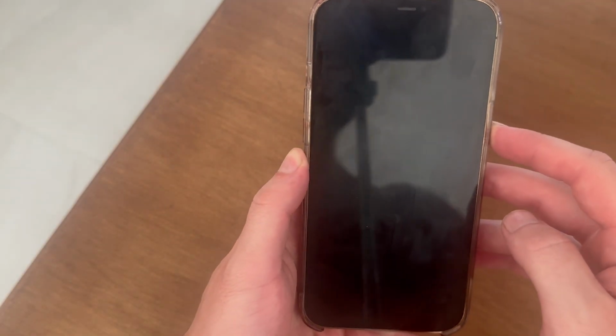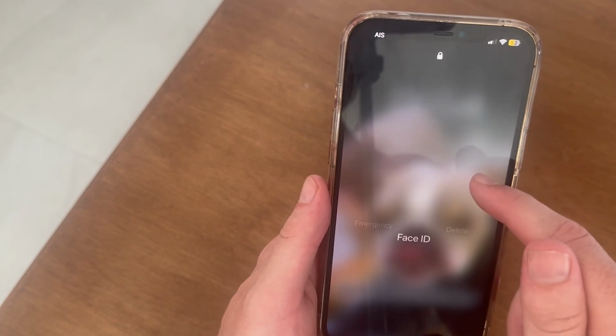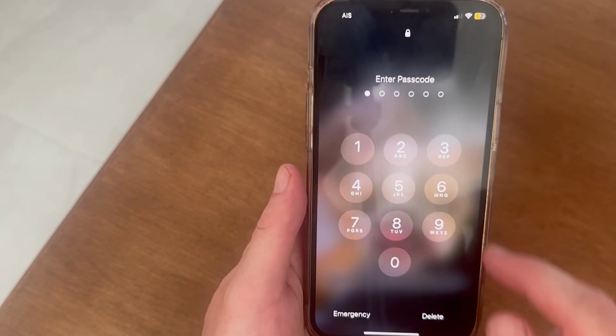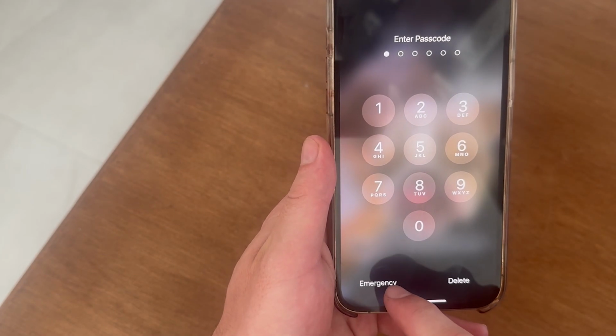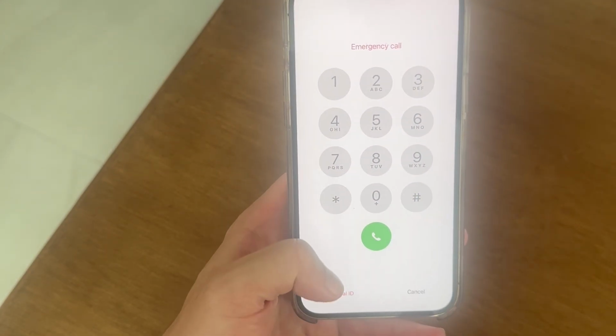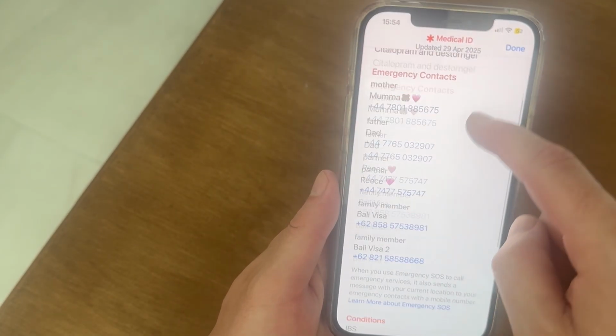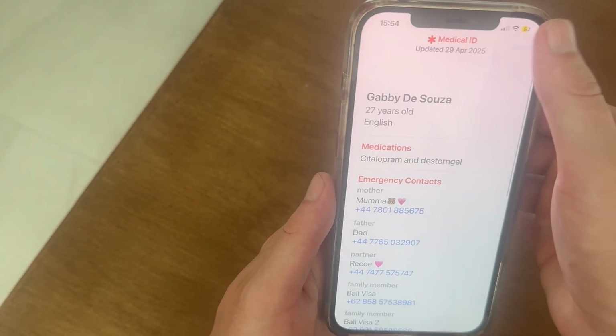Now what we can do is come over to the lock screen on your phone, and if you swipe up to unlock your iPhone, you'll notice in the bottom left hand side we're going to have this option to click on emergency. So if I select that and then click on medical ID in the bottom left hand side, from here you'll be able to see all of the emergency contacts on your iPhone,